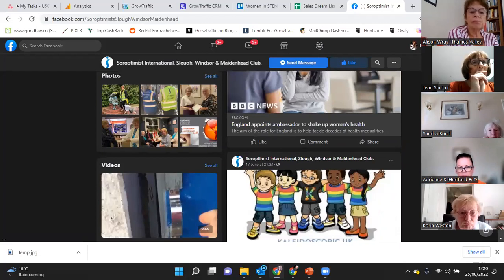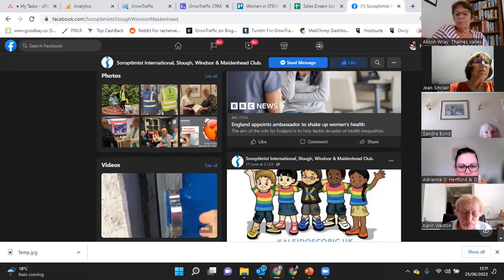So again, as we said before, it's about finding that balance. For every one post where you're sending somebody off the platform, you need to do at least one post where you're keeping people on. But that doesn't mean that you shouldn't share them. On SI Libertas, we quite often share relevant articles, and they don't get picked up very much. But as much as anything, it's about showing that you are keeping up to date and on top of issues pertaining to women's rights and the things that the Soroptimists are interested in. So it is important that that content goes on there.